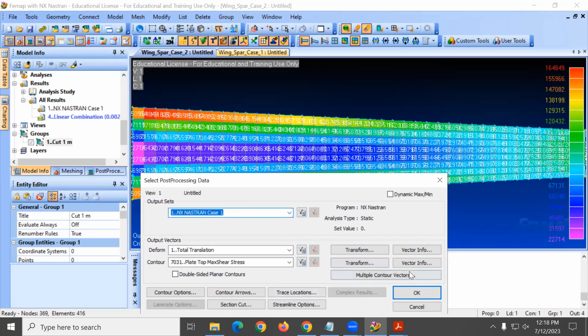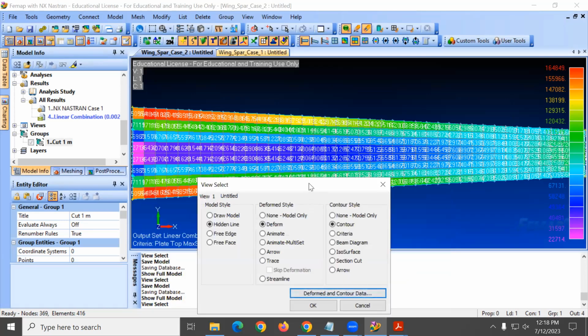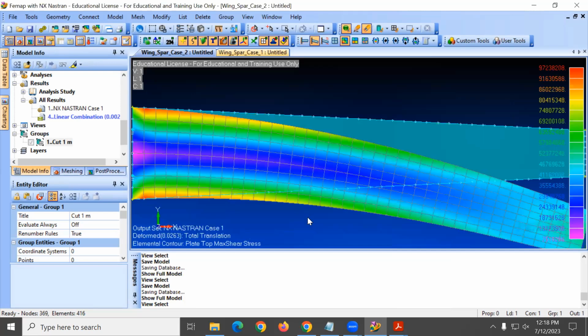Nastran case 1. This is without multiplying anything. So if the thickness is adding something, okay, here multiplying something, instead of 0.0031 it's 0.0263. You see over here, does that make sense or not? The panels now are resisting bending, no? So they offer more resistance to the bending. So you see the deformation is 0.0263. And in case